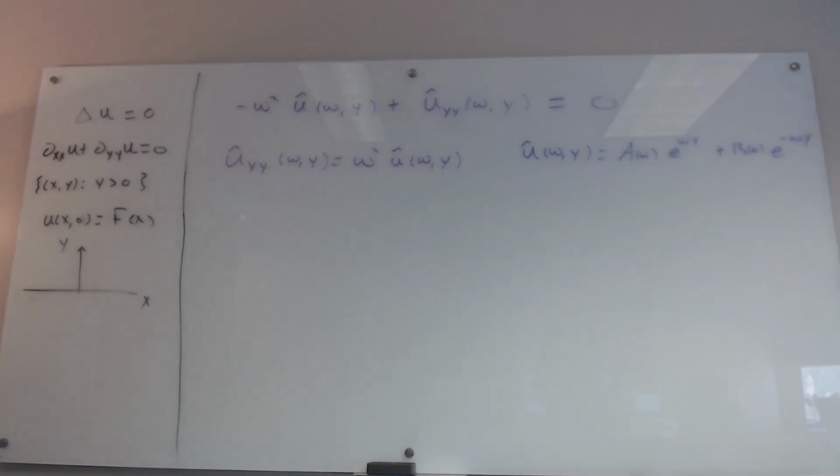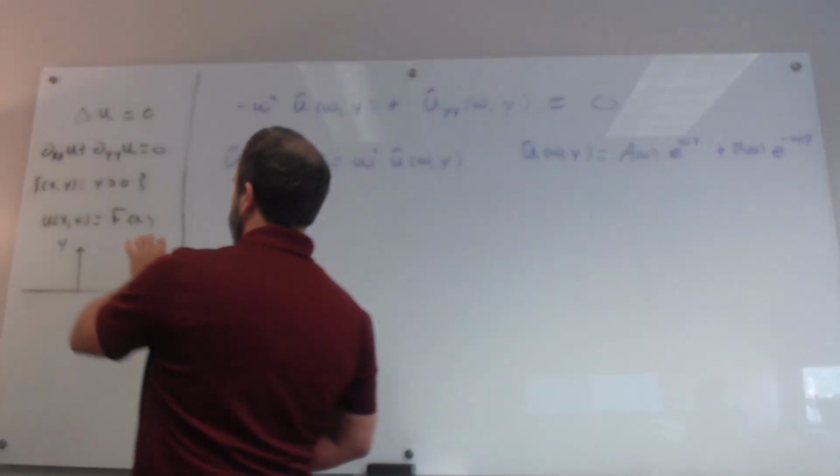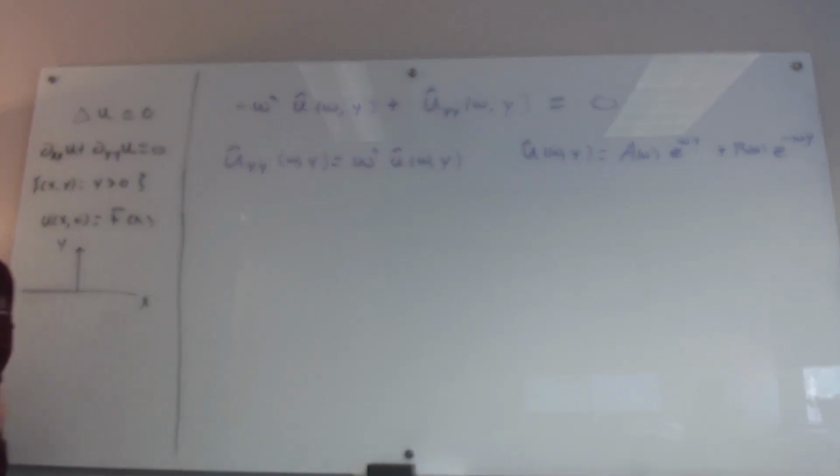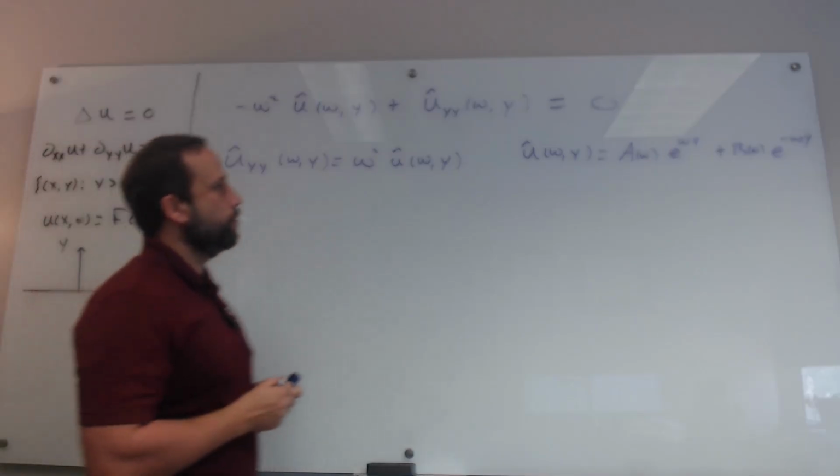At least they're arbitrary in some sense. They do need to be consistent with our boundary data here. Okay, so what we want to have happen though is we want to be taking the inverse Fourier transform of this. So when we take the inverse Fourier transform,